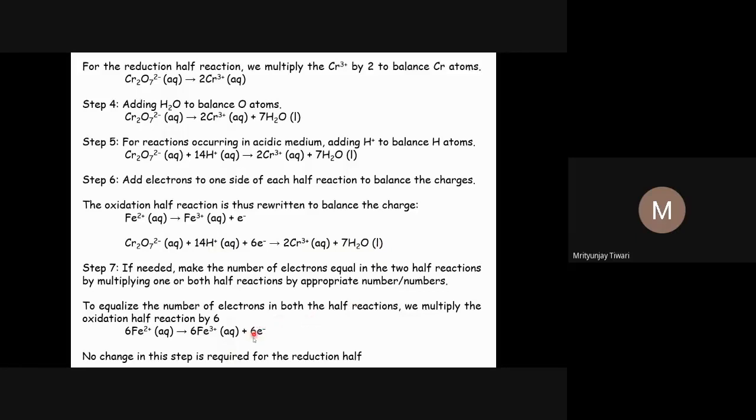Now what we see, the 6 electrons will be on the right hand side. If you do that operation, you will see very clearly. So 6 electrons will be on the right hand side in the last reaction, the combined reaction, and 6 electrons will be on the left hand side. So these 6 electrons are common, so we'll cancel them out, and after cancelling them out, this is the reaction that we will obtain.